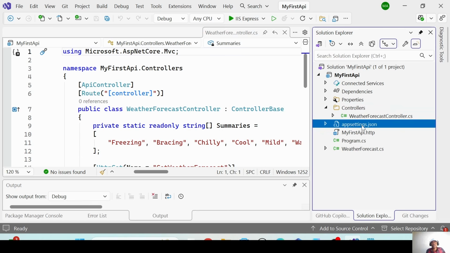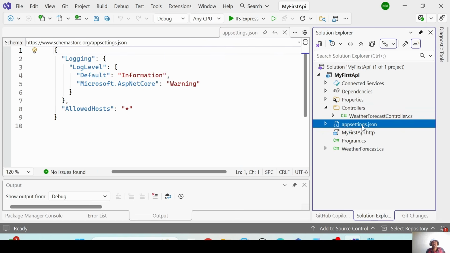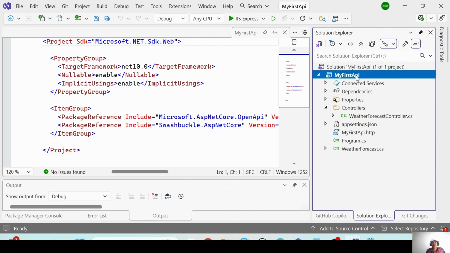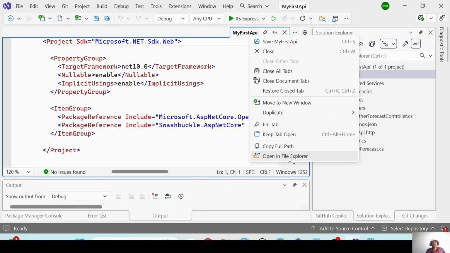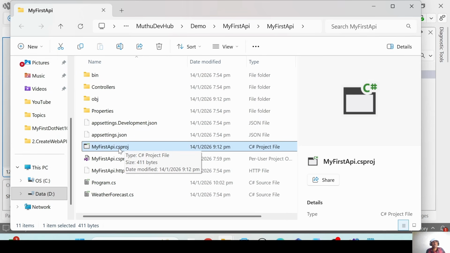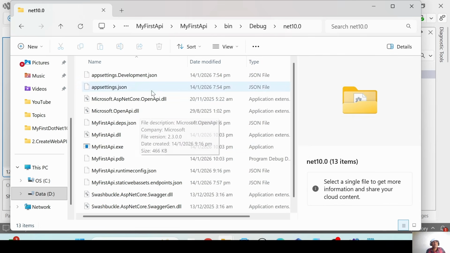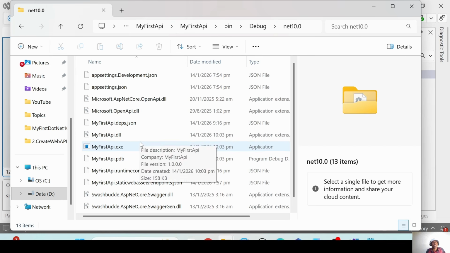Next is appsettings.json. This stores configuration like database connections. Next is this, called csproj. If you right click and open in File Explorer, find the extension which is called csproj. Next is the bin folder. These files are automatically generated when we build the project. As of now, you can ignore them. It will automatically rebuild. Whenever you build the application or you run the application, everything will be updated according to